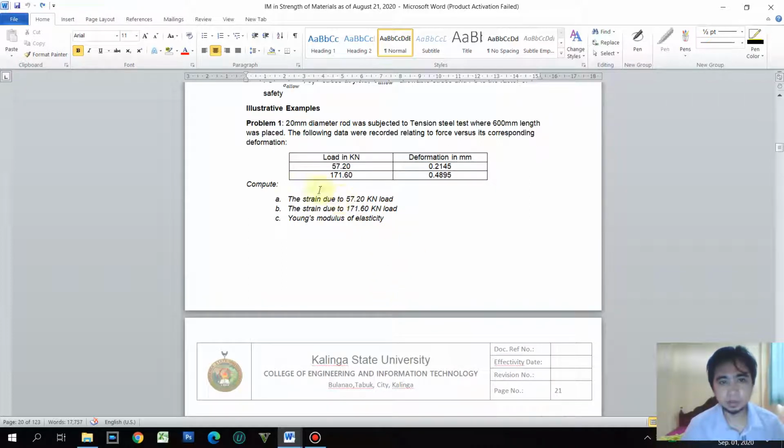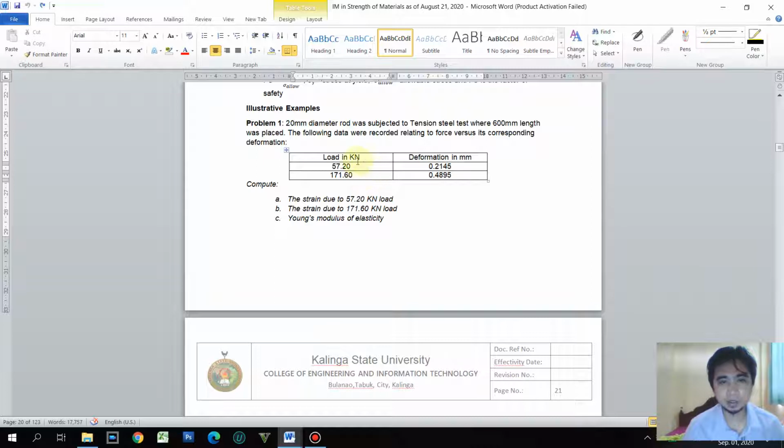So as we can see here, we have problem number 1. It refers to a tension steel test wherein both ends of the specimen are gripped, where the steel test is limited to a 600 millimeter length and a 20 millimeter diameter rod. So basically, the loads were recorded as follows. At 57.2 kilonewton, it incurred a deformation of 0.45 millimeters, and then